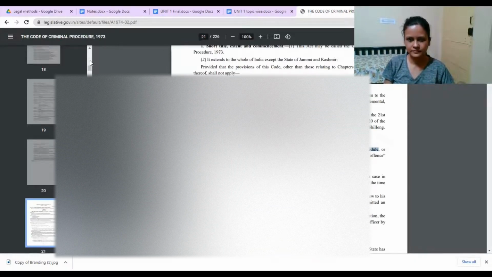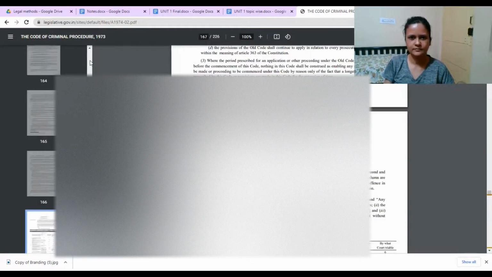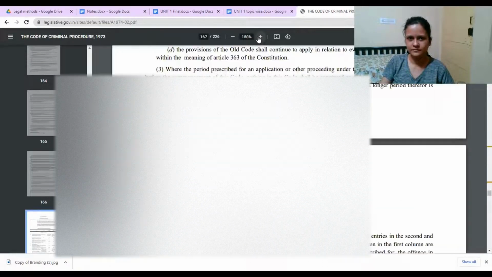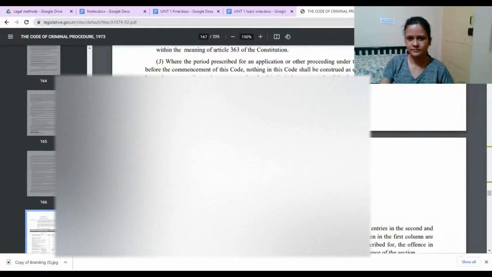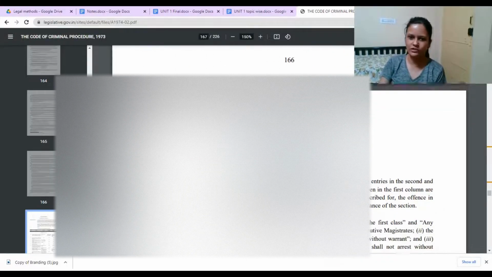Ma'am, first, when the person is arrested, we go to magistrate court for like a 24-hour hearing. And then according to the crime, I think it goes to the further courts. Yes, correct. When a person is arrested, within 24 hours the investigation should be completed or he would be produced before the magistrate. And it can be any magistrate, whether he has jurisdiction or not, it does not matter.